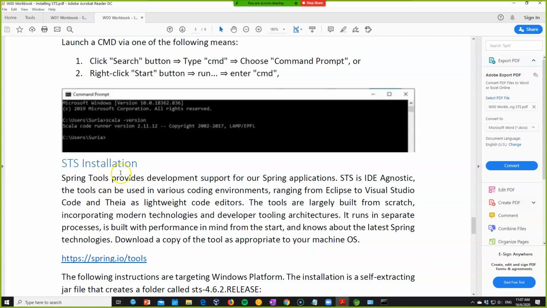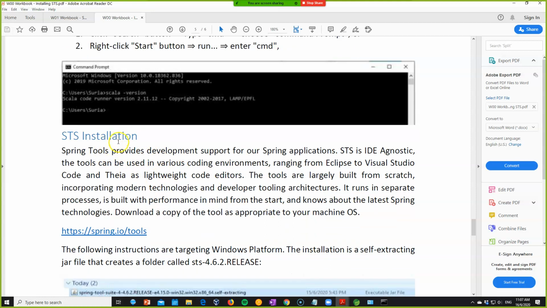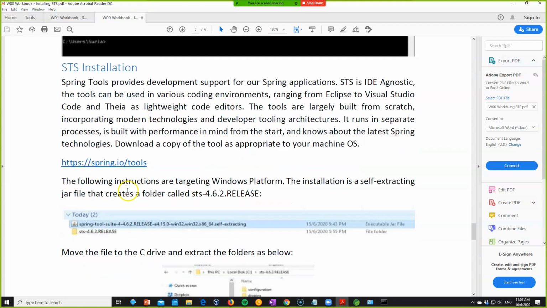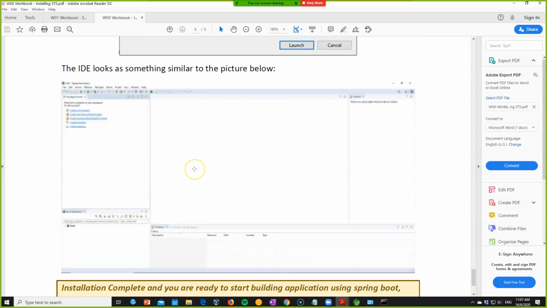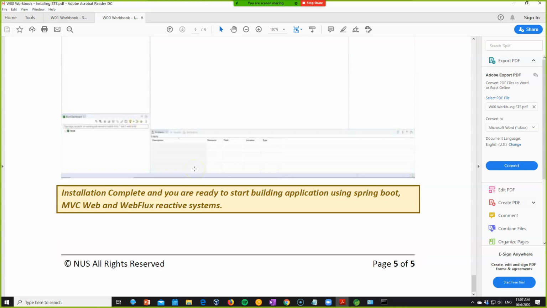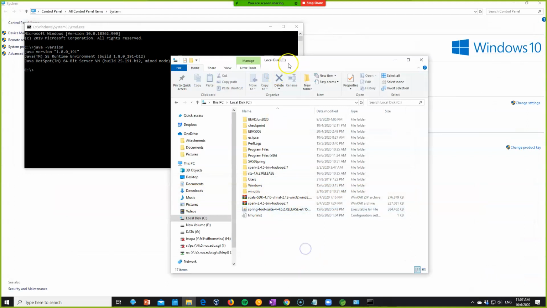What you have to focus on is the STS installation. So we did the STS installation. We did the Spring IO tool. We extracted it. We created shortcuts. So all the steps are recorded here. Okay? So that should get your installation starting. Then the next thing that we did was we started the